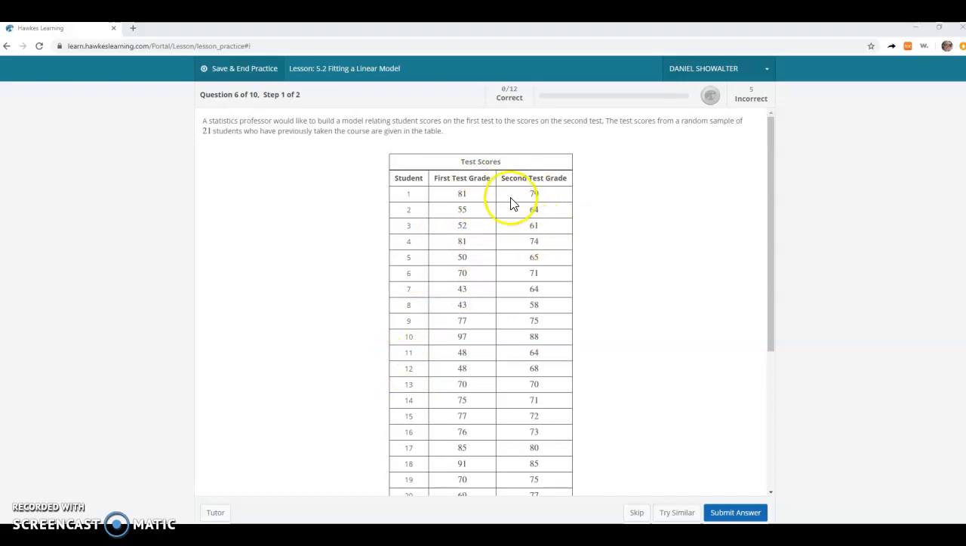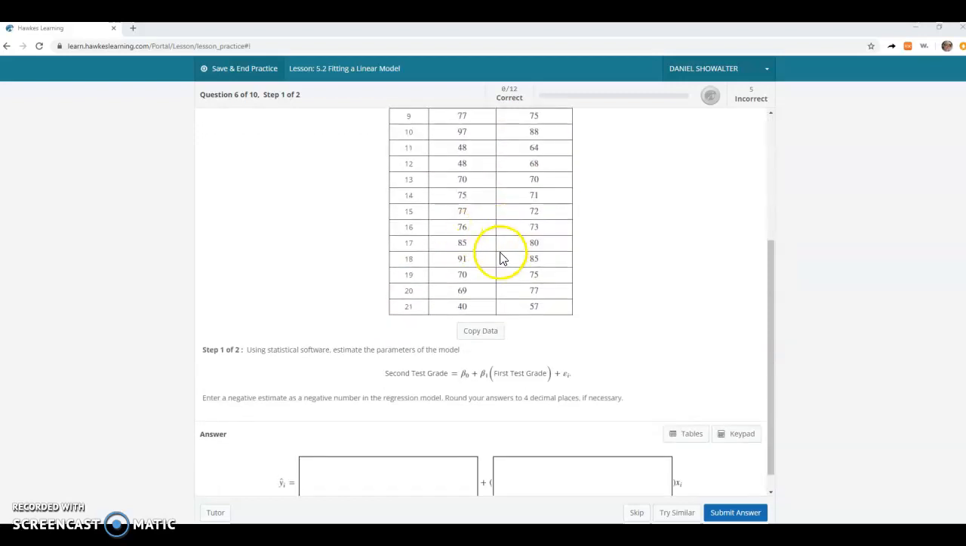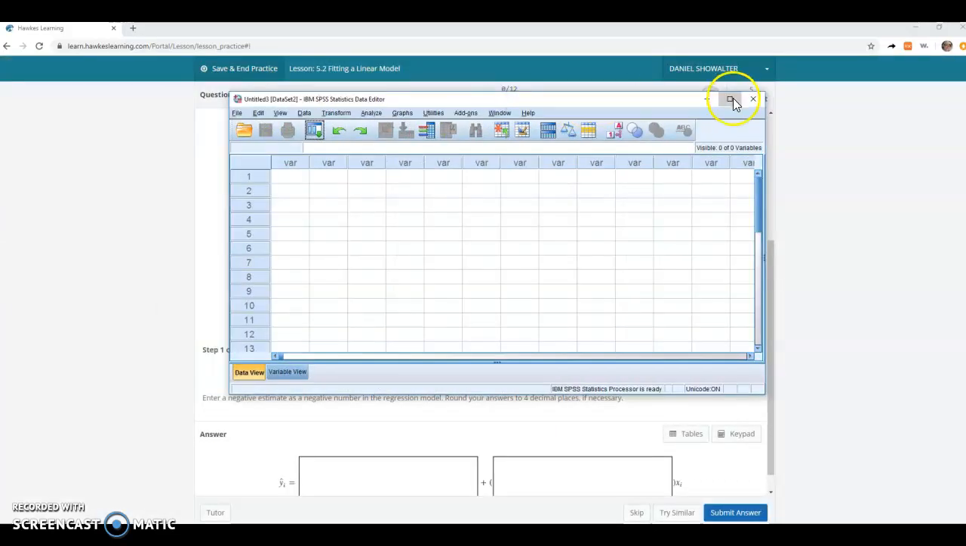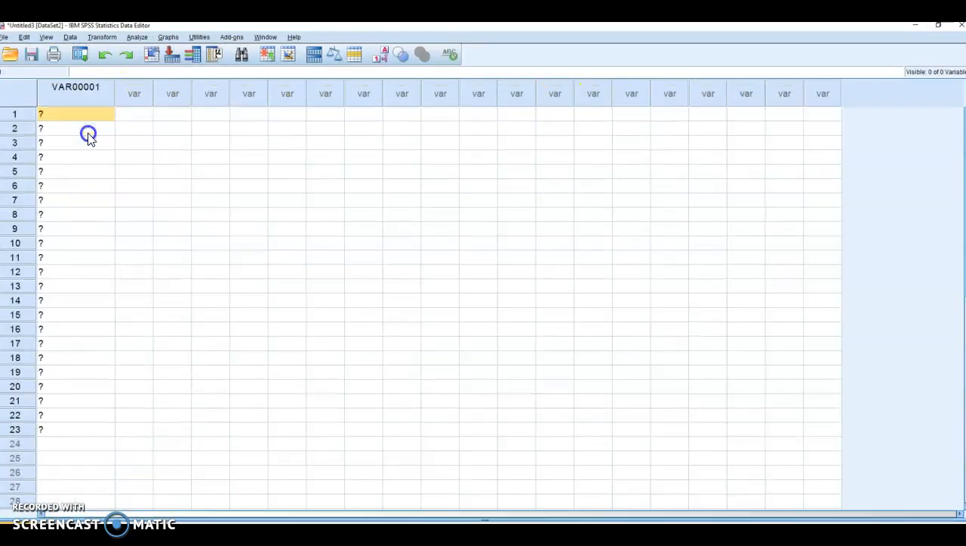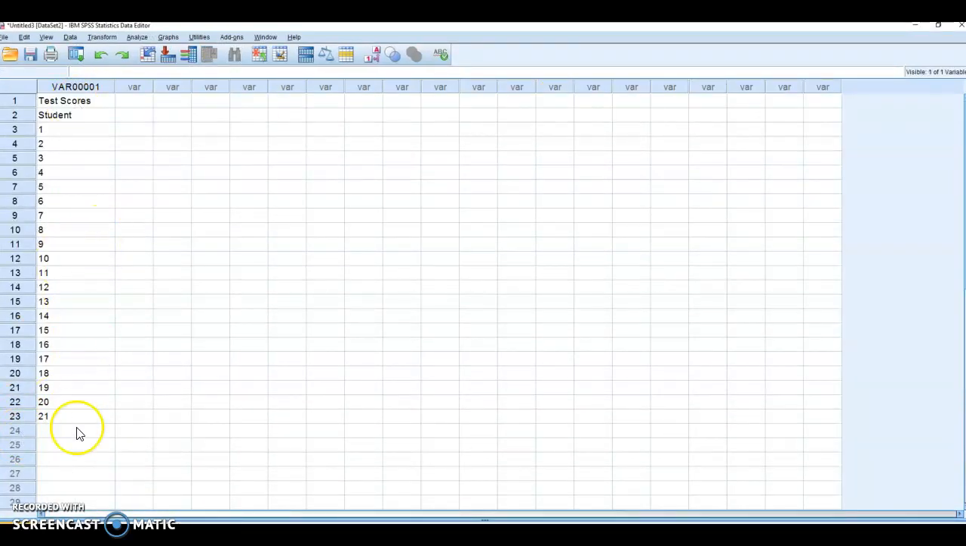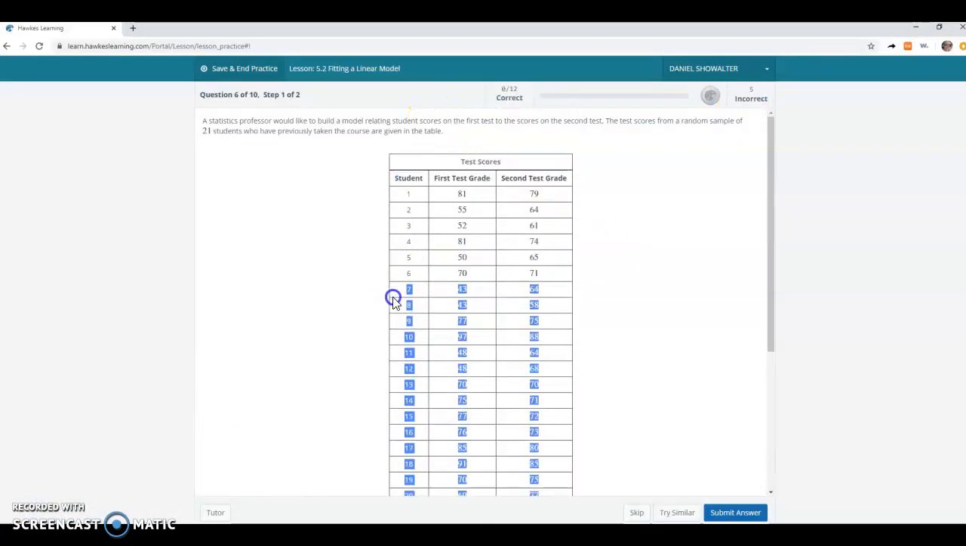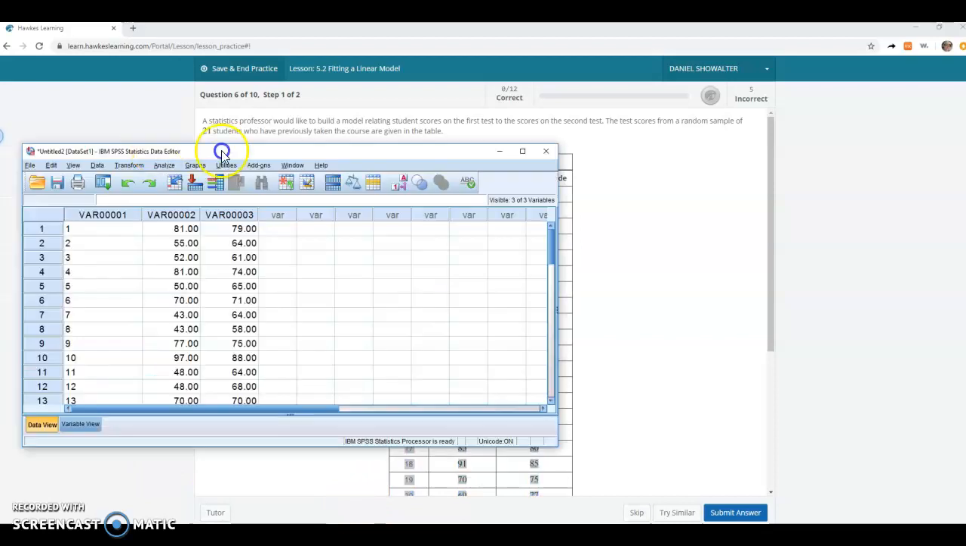Okay, so we have a bunch of data and we're trying to run a regression so we can find the slope and y-intercept of the regression model. It's interesting, if you copy data and then open up SPSS and paste the data, it only gets the first column basically, which is not even what you need. If you highlight everything except these headers, and then you open up